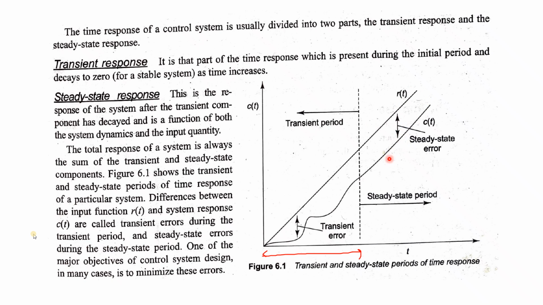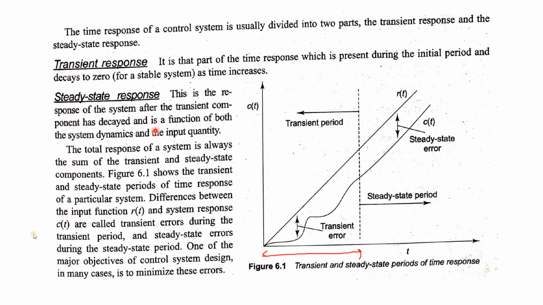And this is the steady state error. What is error? Between input and output, there is some gap. Initially, when there was transient, the gap was not continuous, it was different at different instants of time. So that error was called transient error. And after the steady state period, the error is called steady state error, because the error is steady also. Just like the output, the error becomes steady, because if the output is steady with respect to input, the difference will also be steady. So these are just two different parts of any response. One is the transient response, and the duration is called the transient period. And after that we get the steady state response, and the duration is called the steady state period.